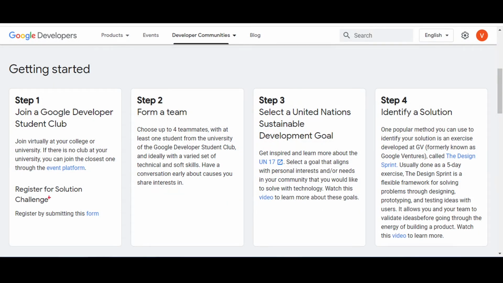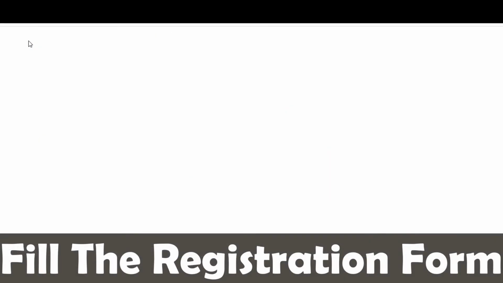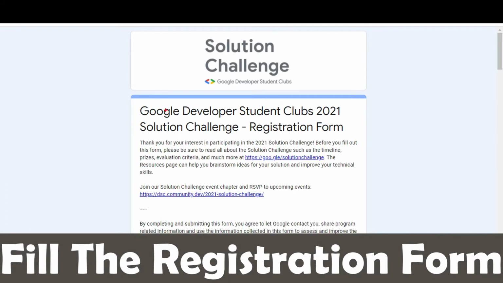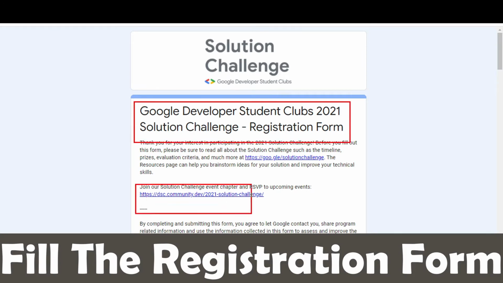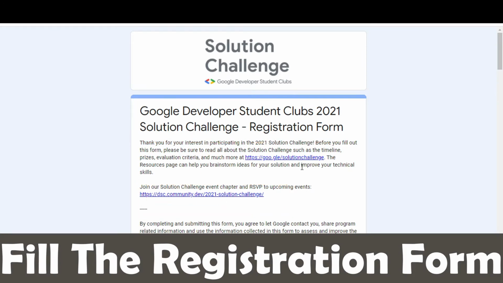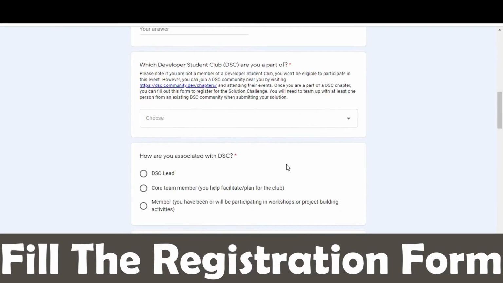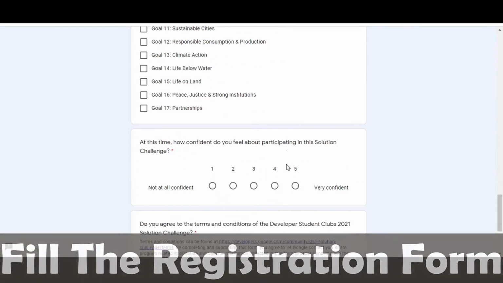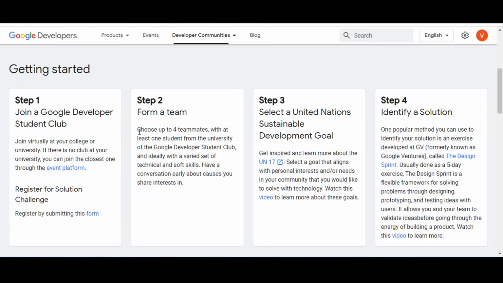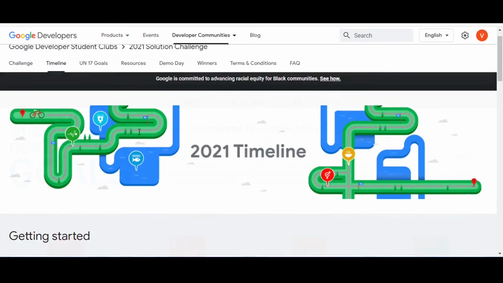After becoming a member of a Developer Student Club, you need to register for this event by filling in the registration form from here. And that's all you need to do for the registration.